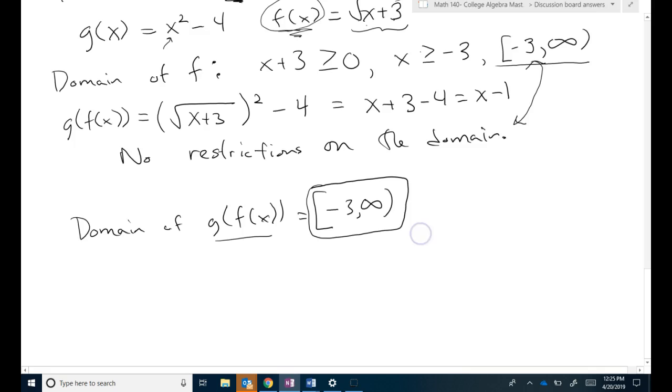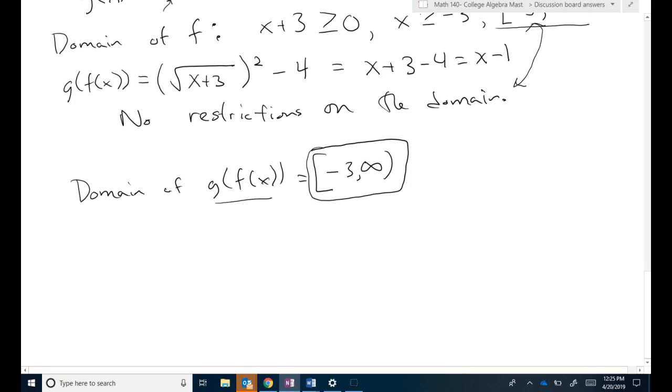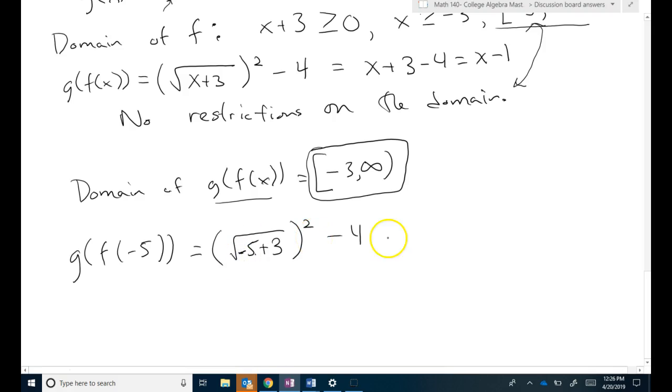All right, let me demonstrate something about this. This was another kind of question that we had. Let's take g of f of negative 5. If we rewrite this, it's the square root of x plus 3, squared, minus 4. Actually, excuse me, the square root of negative 5 plus 3, squared, minus 4. Well, the problem here is that we're going to get the square root of a negative 2 squared minus 4,